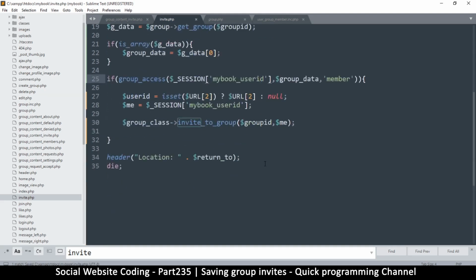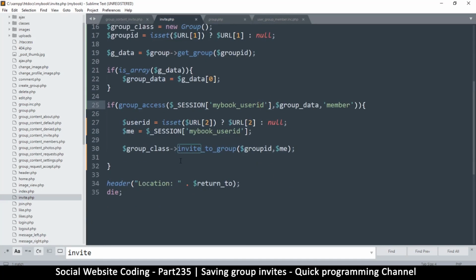All right, so looking good. I think that does it. The only thing is we don't have this function here inside the group class, and what we're supposed to give it is, first of all, the group ID, and then the user ID, and then the one who is inviting. So here we have the group that they're invited to, the one who is being invited, and the one who is inviting. Okay,